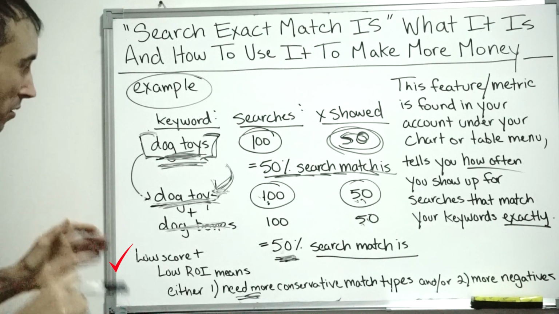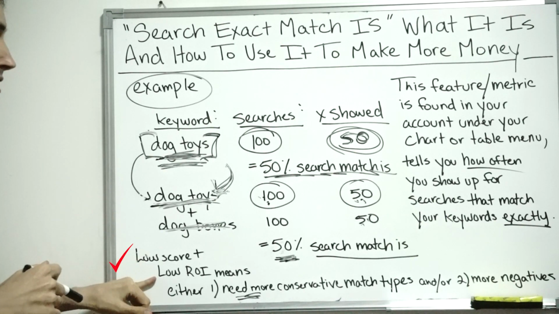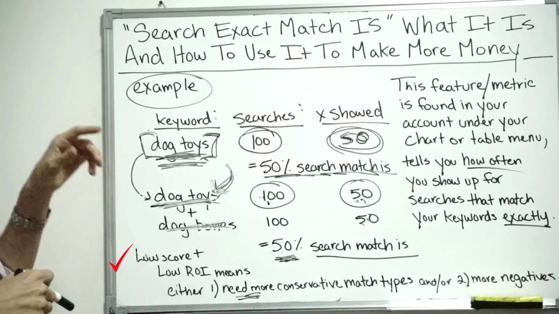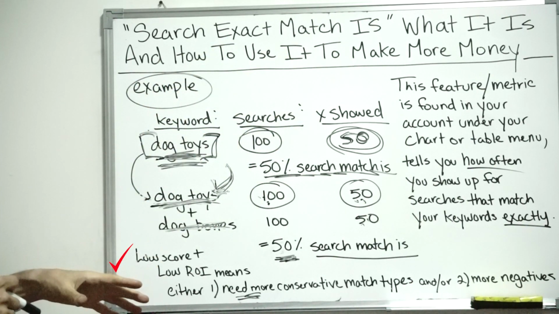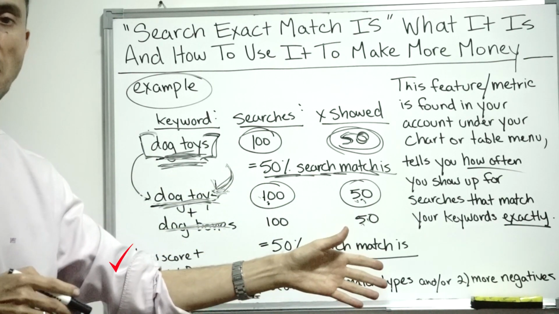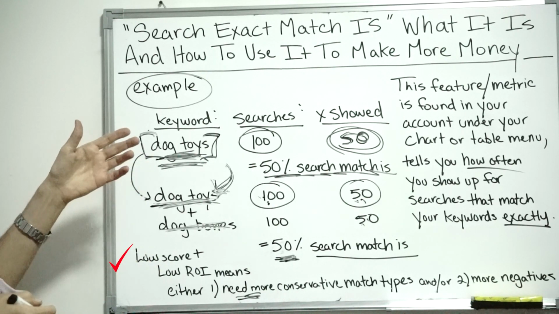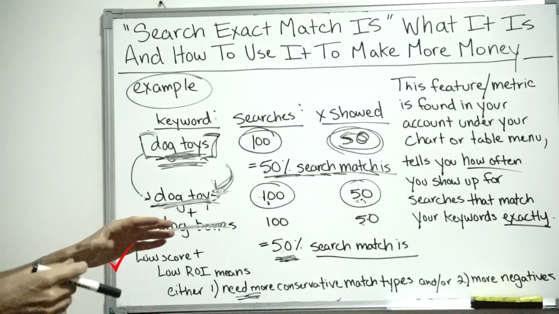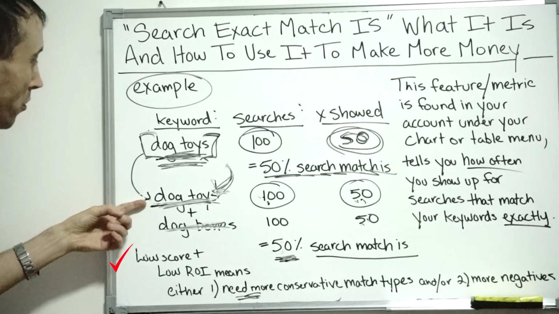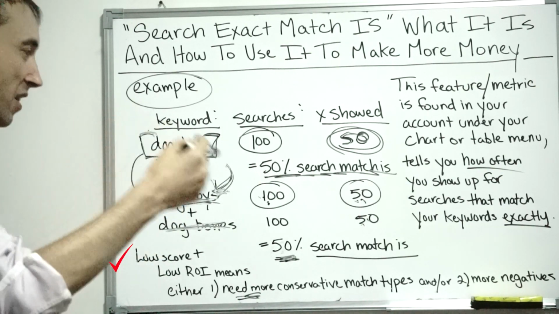So, with that said, the short and simple of all this, to get your search exact match score higher, would be to raise your budget so the campaign is not limited by budget, and make sure you have plenty of budget. Switch any phrase or broad match keywords to exact match so that whatever budget you have goes into as much as possible, hopefully getting Google to show you as much as possible for the exact term that's in the keyword,